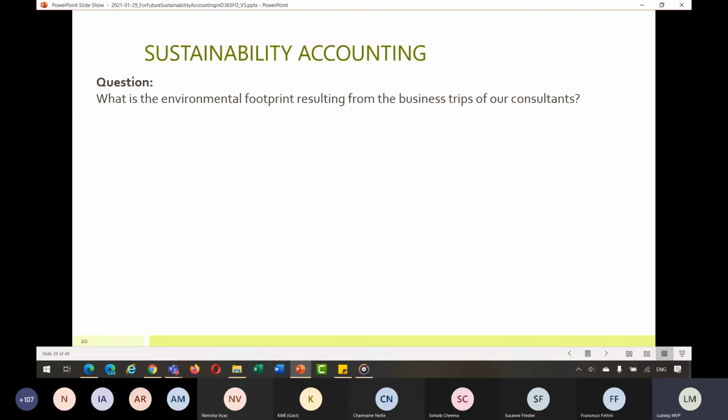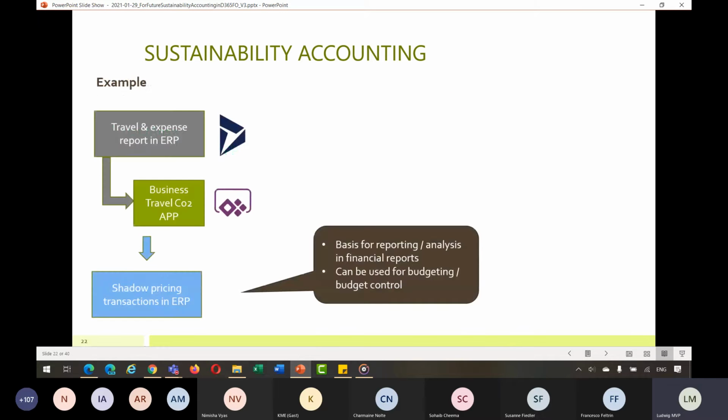What I try to demonstrate in the following is the environmental footprint that results from business trips, because many people here on the call are traveling, or were traveling before COVID, on a daily basis for business purposes. And then the question is, what's the environmental footprint of our business consultants? To measure that, I created a small business travel Power App that helps me show this data in Dynamics